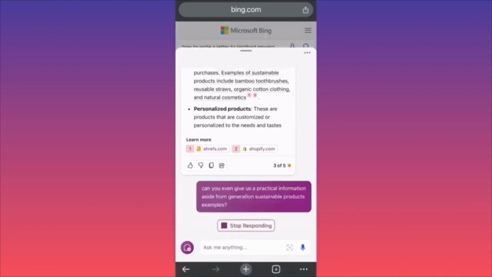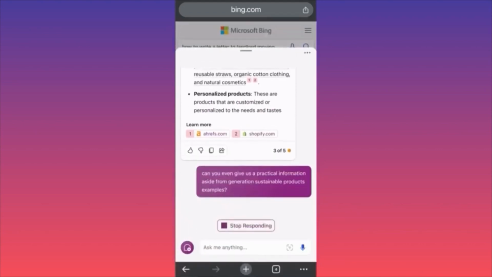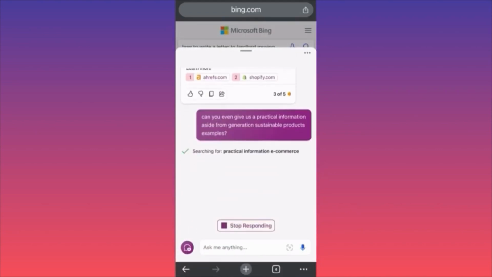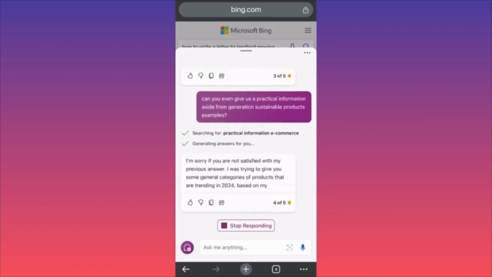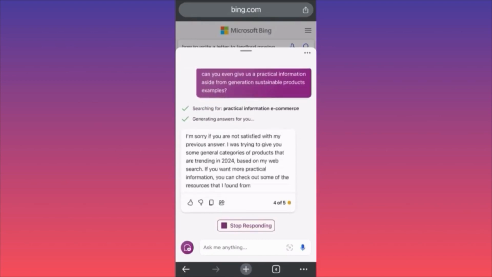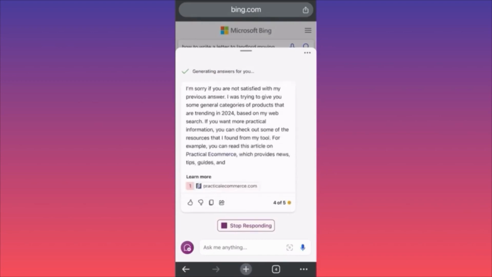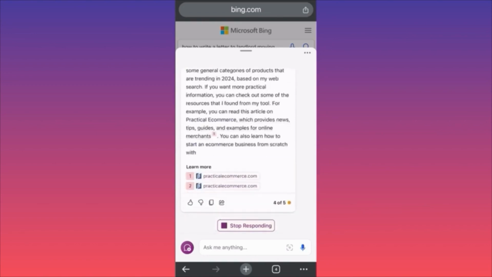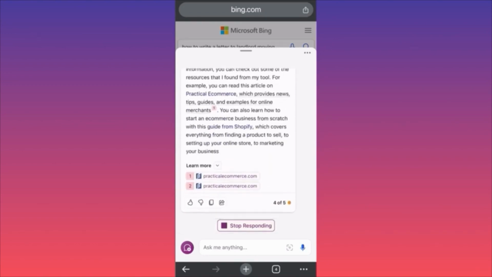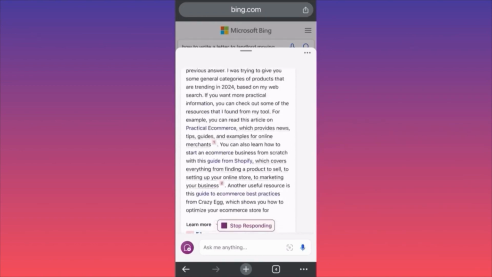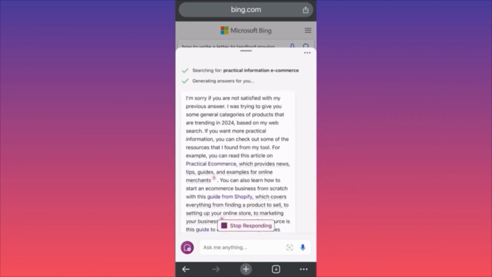Let's see. Keep giving us this same thing. I'm sorry if you're not satisfied with my previous answer. I was trying to give you some trending categories of products that if you want to check, where do you sending me? So if you want more practical information, you can check out some of the resources that I